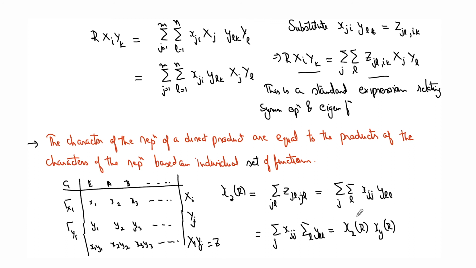So the product of the two characters will give you the character under the representation formed by the direct product of the set of functions, right? So I hope this is clear. We will take examples of this and solve them in the next class. Meanwhile, you can practice the maths and look at the indices carefully to check that you got this correctly. All right. I think that's all. We'll discuss examples in the next class.